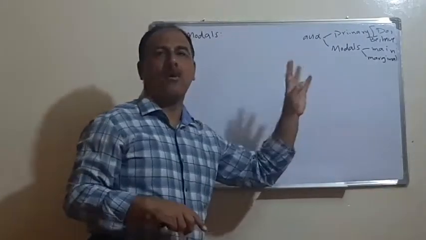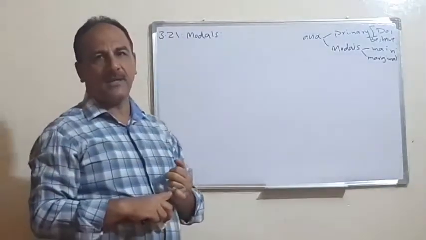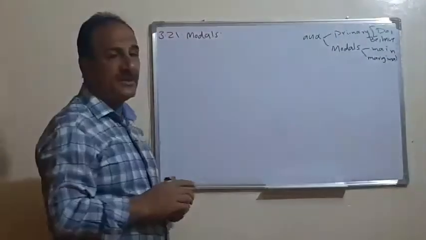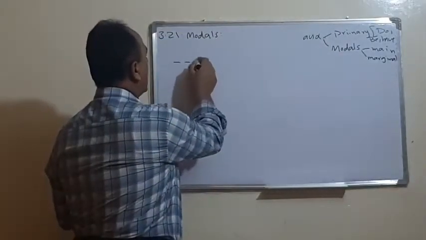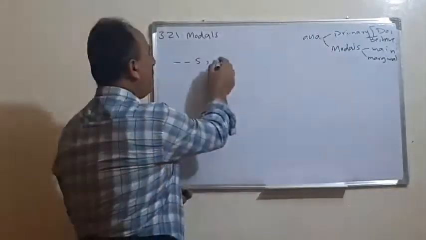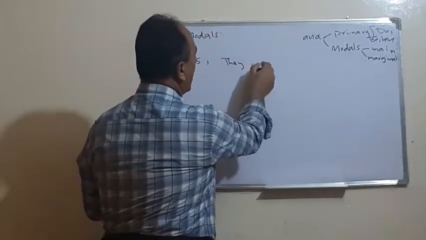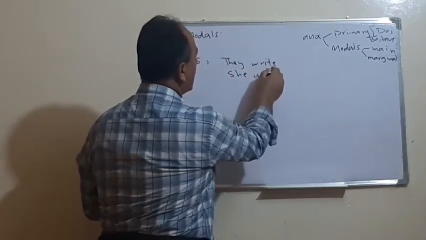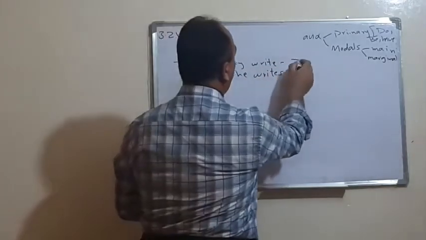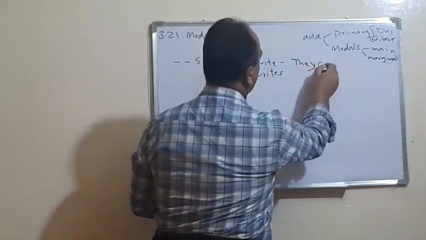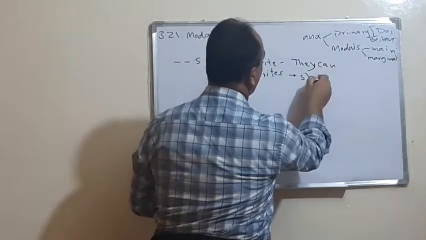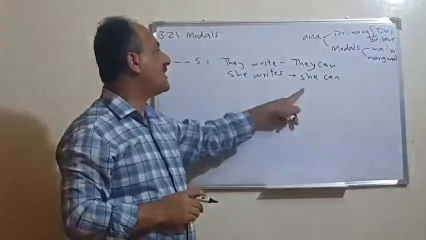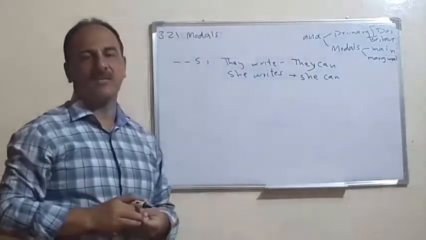First, we have to know why we call them auxiliaries. We call them auxiliaries because they do not behave like other verbs. They do not take the S form. For example, if we say they write, and in case we have she, we say writes. But if we have they can, again we have she can. Because can is one of the auxiliaries, in this case it does not take the S of the third